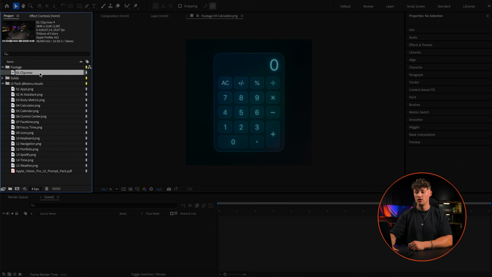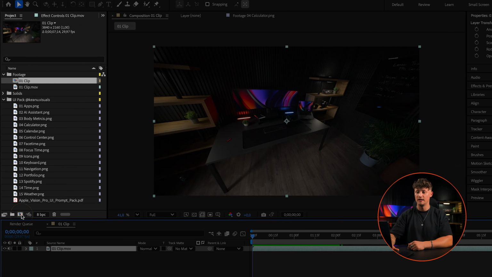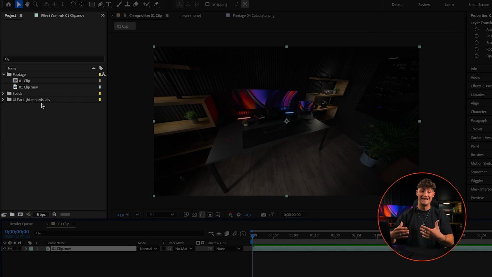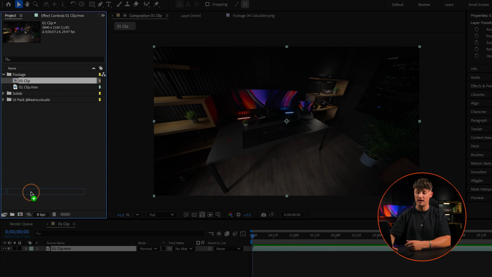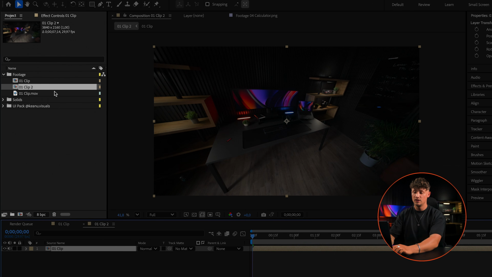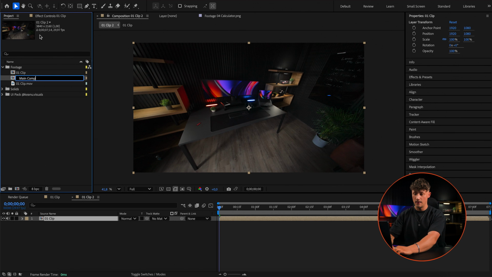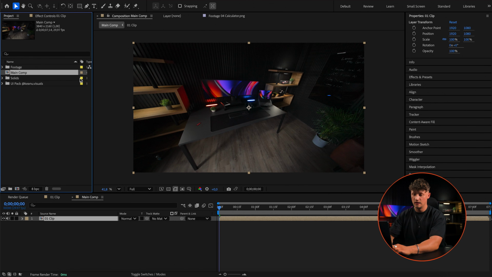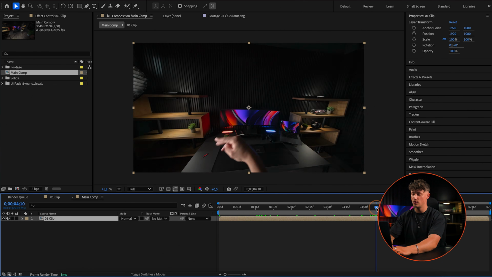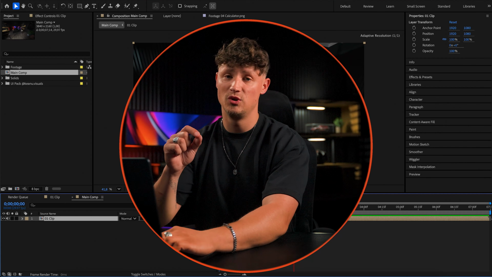First of all, we're going to create a new comp with our clip, drag it here onto the new comp icon. And what I like to do is taking this clip and dragging it onto the comp icon again. So now we have that in a pre-comp, and we call this one main composition. Now we can actually drag this one out so everything is nice and well organized. So this is our clip, and the first thing we need to do, because we want to 3D track, is 3D track the scene, right?